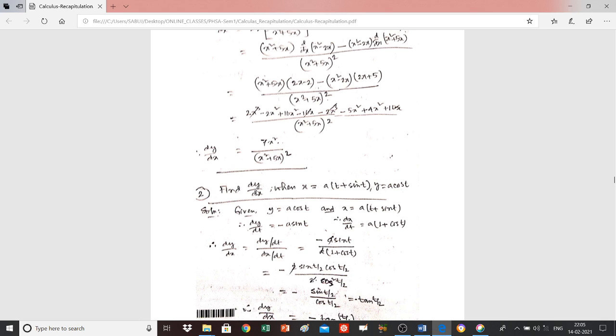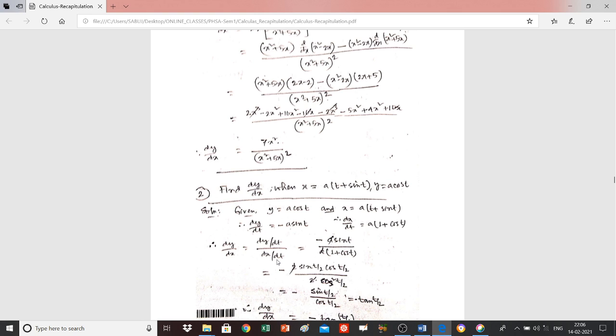Now find dy by dx when x is equal to a into (t plus sin t) and y is equal to a cos t. So here you have to calculate the value of dy by dx. Here there are two functions: x, which is a function of t, and y, which is also a function of t. So if you have to find the value of dy by dx, first you have to calculate dy by dt and then dx by dt. After that, you can comfortably find dy by dx using the formula dy by dt divided by